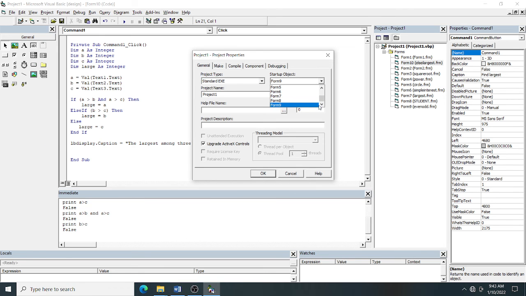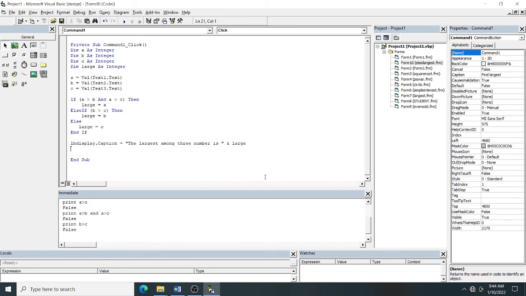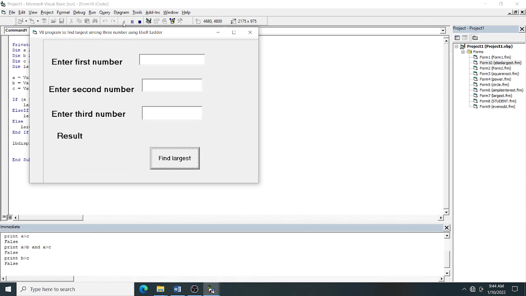Which form number? You can go for form number 10. Okay, now I'm executing. Start. I'm entering 45, 78, 24. Which is the largest? 78. So the largest number is 78.